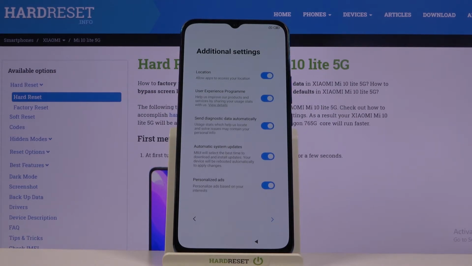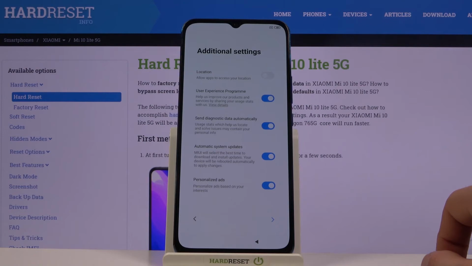And then we have additional settings. Now some of them will repeat, as you can see. So we have location, we already had that. User experience program, then we have send diagnostic data automatically, automatic system updates, and personalized ads. So we already disagreed to the location. User experience programs,